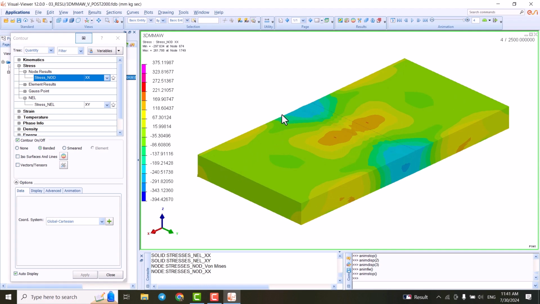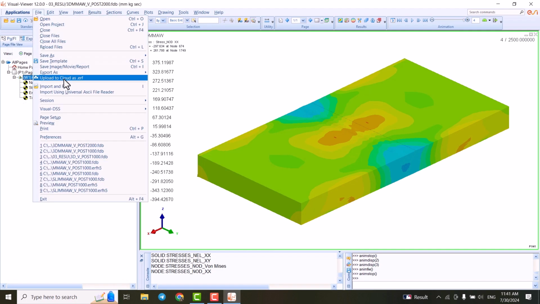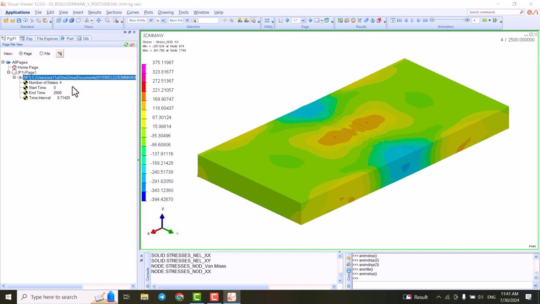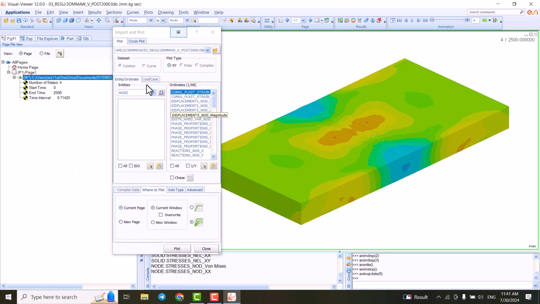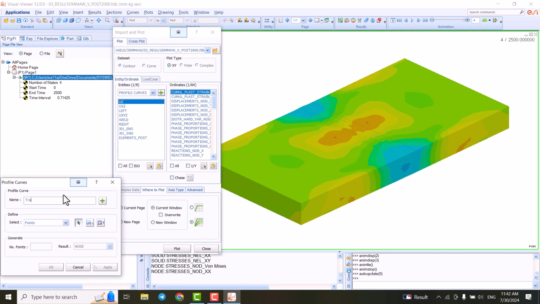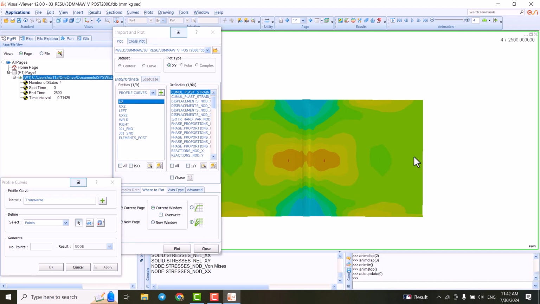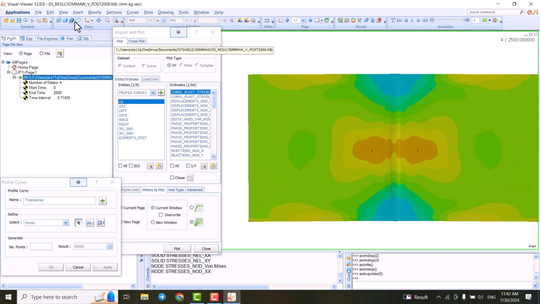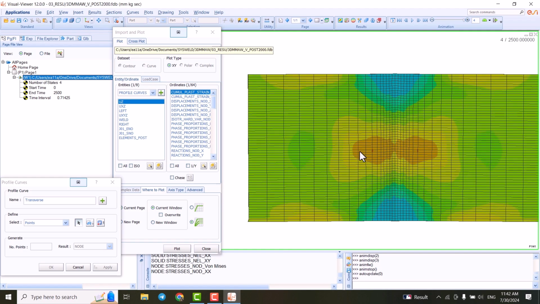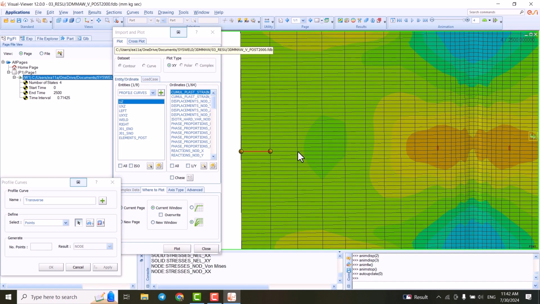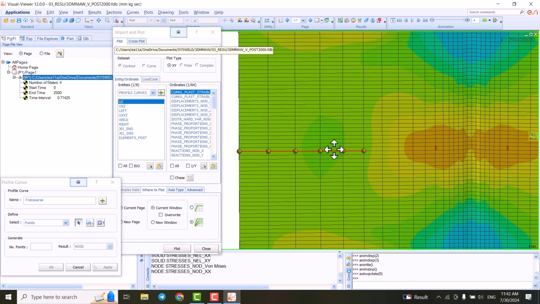to plot the residual stress. So we want to go to the file and from import plot we can create a path here. So instead of node we go to the profile curves and we create a profile curve. Let's do a transverse, and from here we can go to the top view and here in the center we can create a path. We carefully select all the nodes